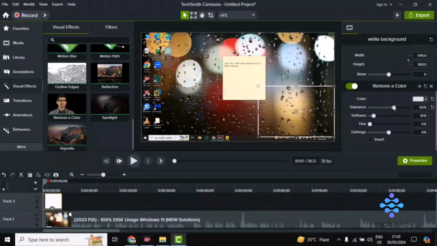Okay, you can adjust the tolerance like this, or the softness like this, and basically this is how you can remove a background color from